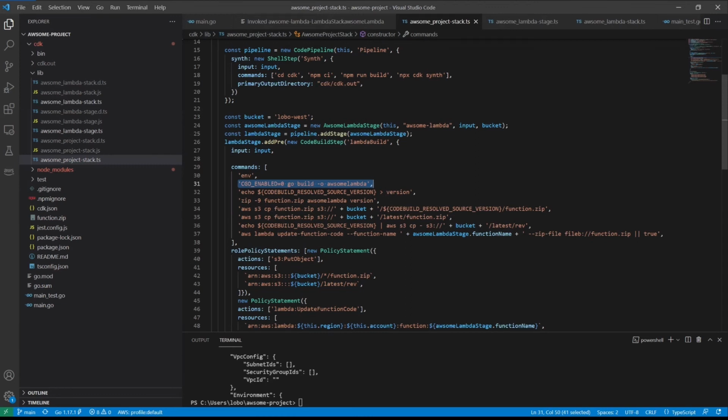We're going to make sure that that version is attached inside the function zip so that we can download the zip later and see the version that has been assigned, the version of the source code that corresponds with the executable. We'll copy that out into S3 into a versioned file, and then also to the latest file, which is where Lambda will pick it up from.